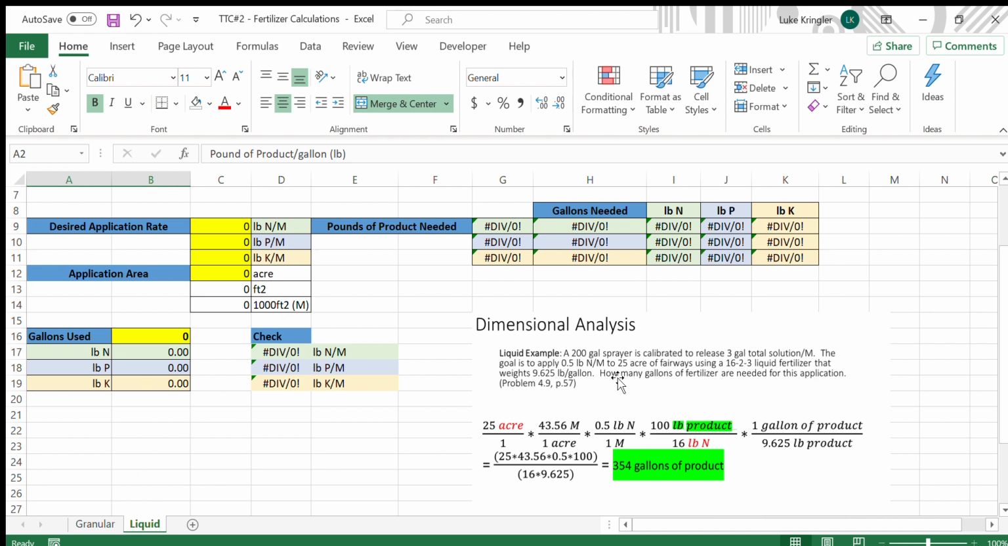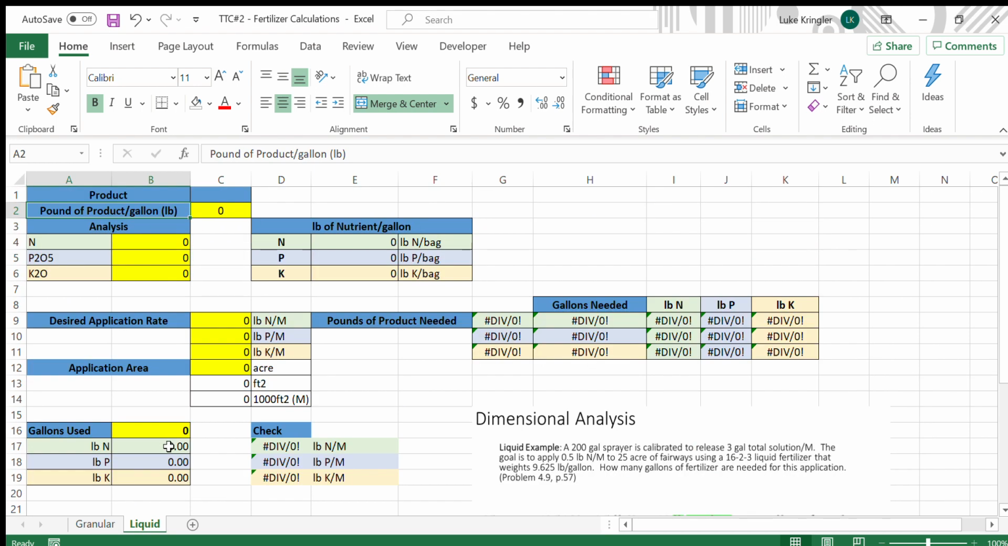A 200-gallon sprayer is calibrated to release 3 gallons of total solution per 1,000 square feet. The goal is to apply a half pound of nitrogen per 1,000 square feet to 25 acres of fairway using a 16-2-3 liquid fertilizer that weighs 9.625 pounds per gallon. And we want to find how many gallons of fertilizer are needed for this application. So pounds of product per gallon is given as